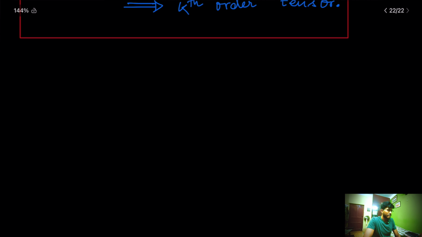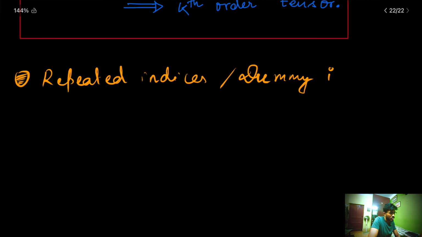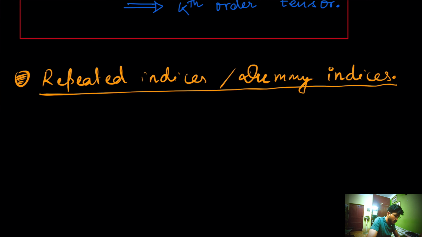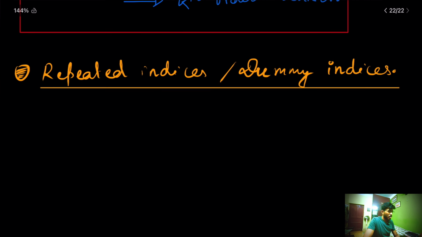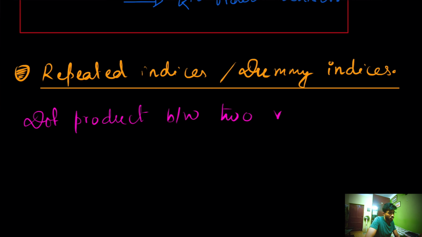So now let me talk about something called repeated indices, or it is also called dummy indices. To introduce this, let me talk about the concept of the dot product between two vectors,